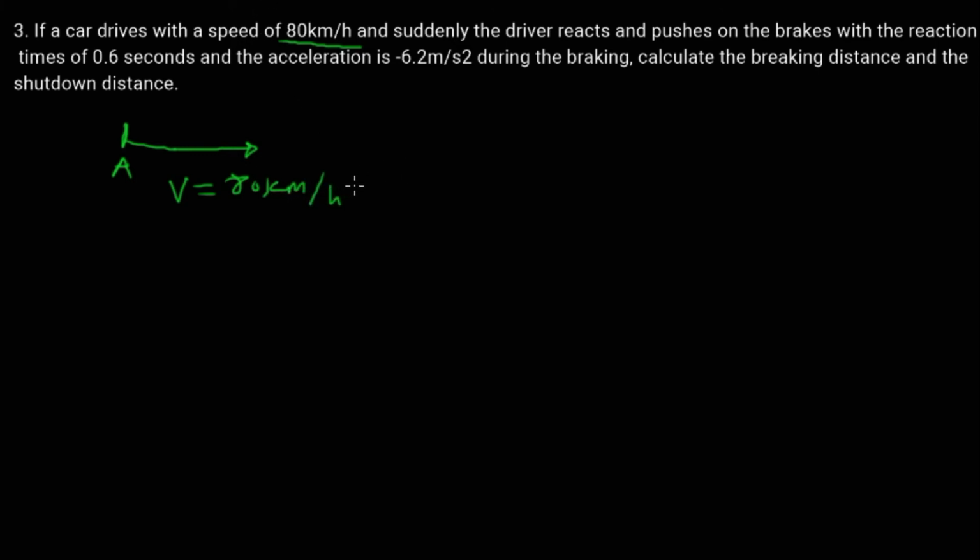So we can convert this to meters per second, so that it becomes 80 × 10^3 meters over 3600 seconds, which will become 22.22 meters per second. Now the car moves with this velocity, and then the driver suddenly reacts and pushes the brakes. Now in order to find the braking distance, notice that the braking distance is the distance during deceleration, or